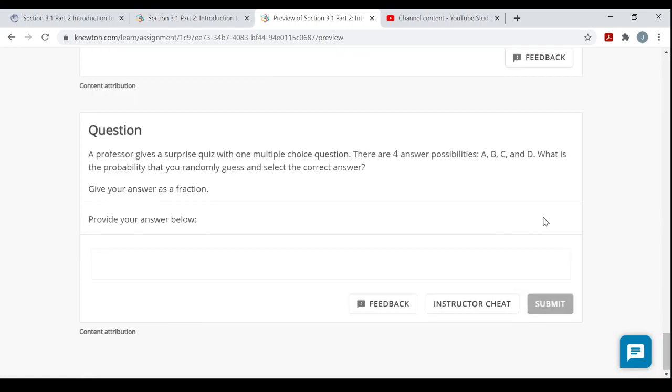All right, here's another one. A professor gives a surprise quiz with one multiple choice question. There are 4 answer possibilities, A, B, C, and D. What is the probability that you randomly guess and select the correct answer? So here, the sample space, now there's only one multiple choice question,